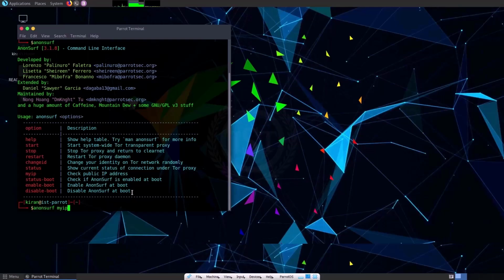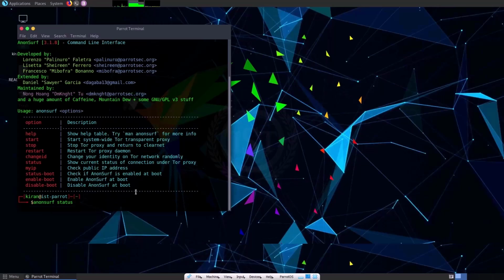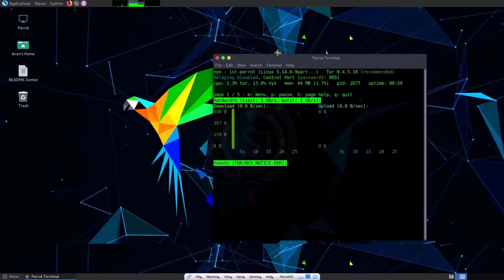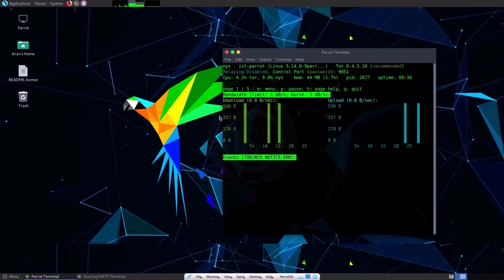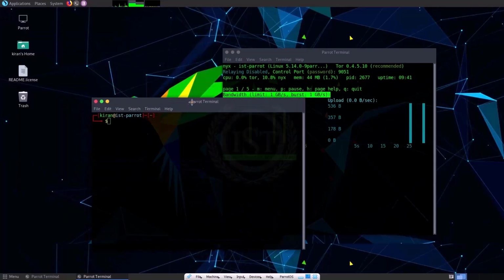So let me check the status once again. As you can see the status, we have bandwidth information for upload and download. So let me keep this window minimized and let me now open a new terminal window. Type AnonSurf,